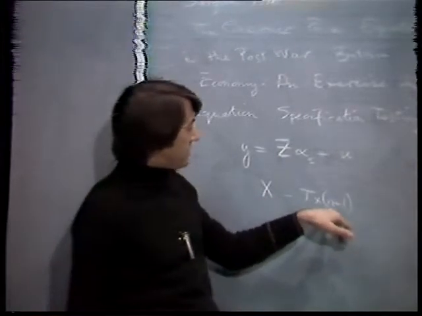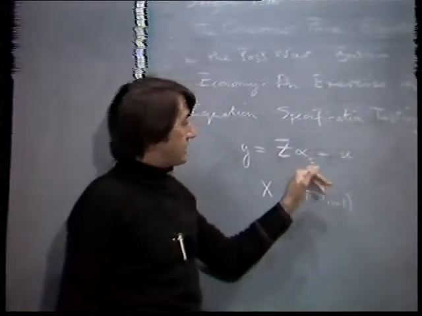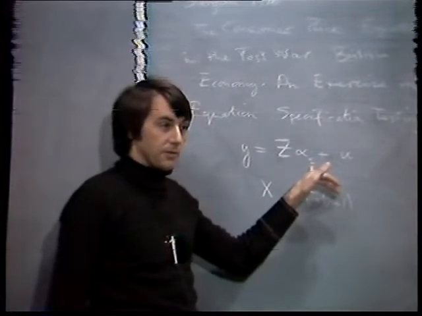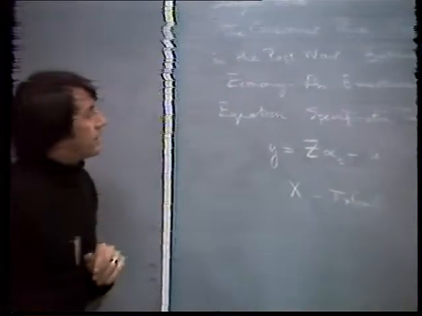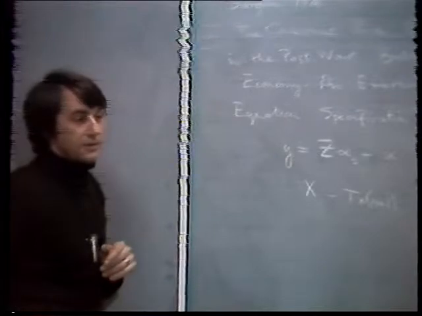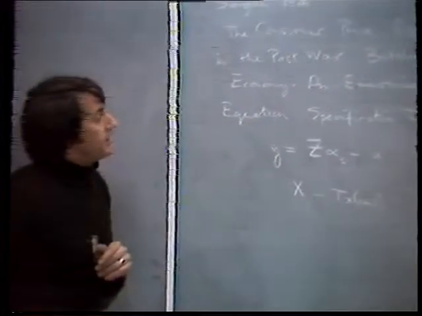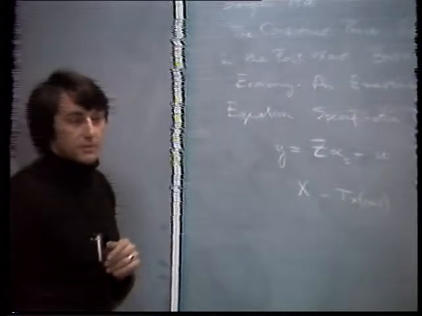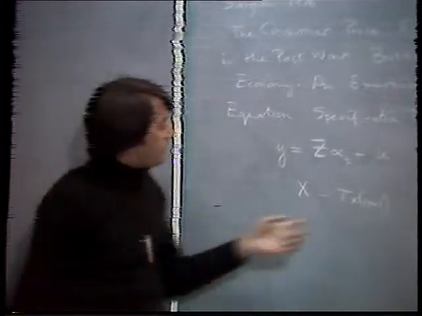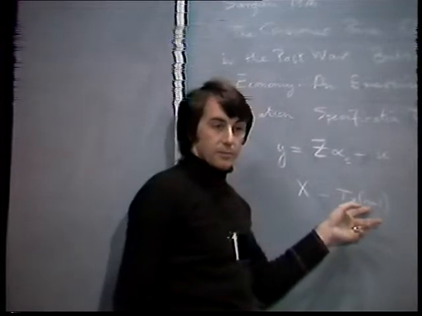If n is small, in particular if n is small relative to q, the order of the polynomial, and we are imposing smoothness on the lag distribution, then we can run into problems where we're distorting the form of the lag distribution. However, if we let n be very large,